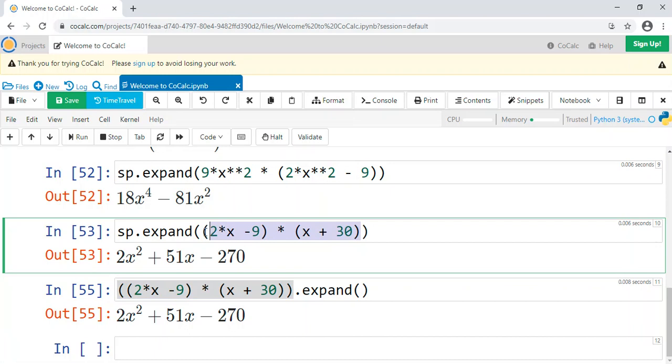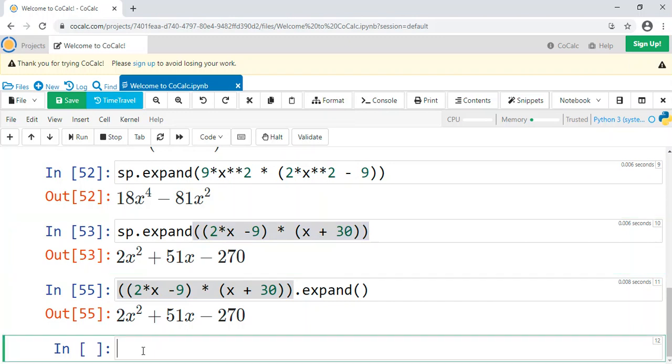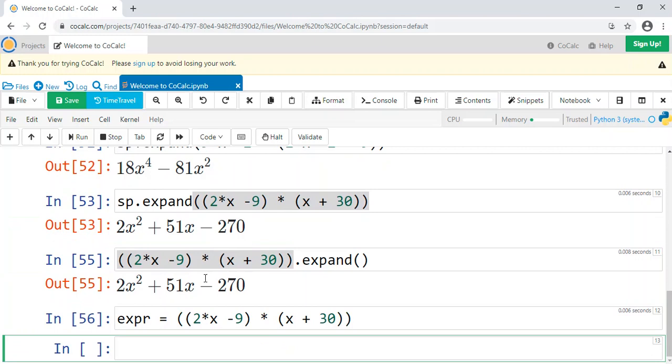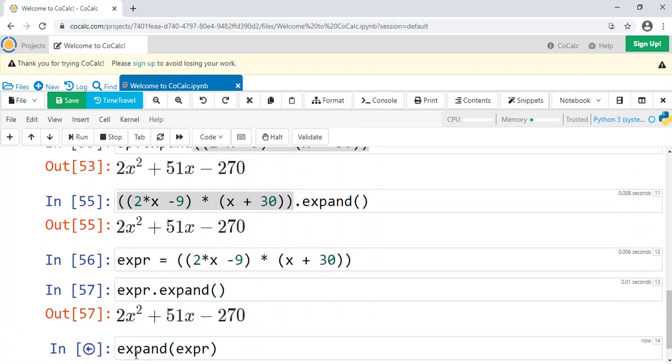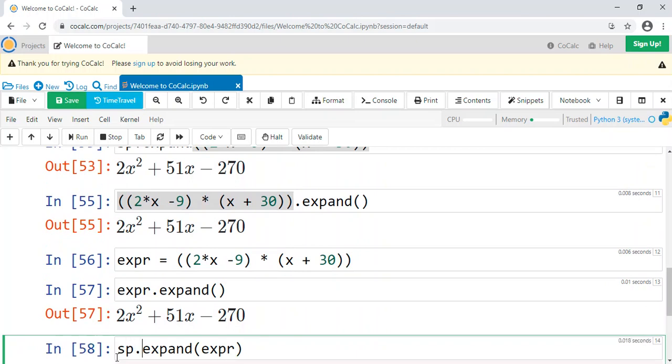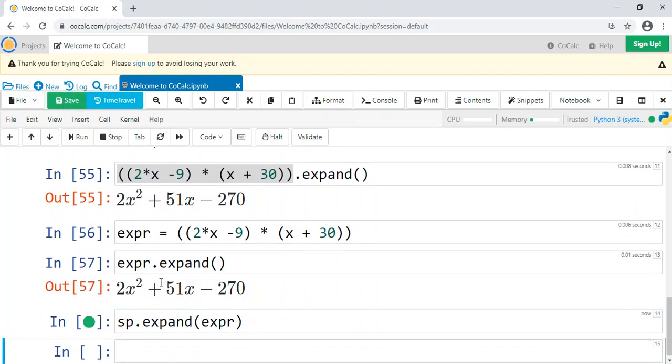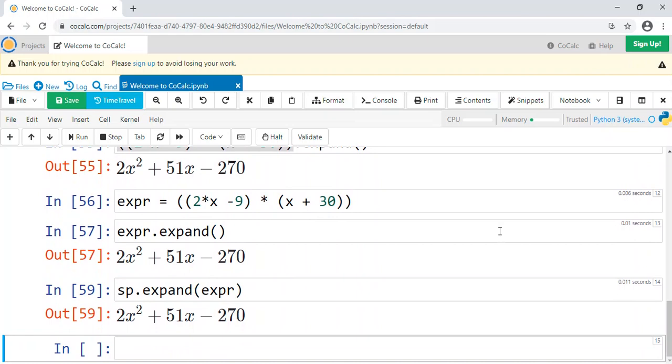So let's just do expr to save it into a variable, and then you can either do expr dot expand or sp dot expand expr. Okay, and it's the same thing.